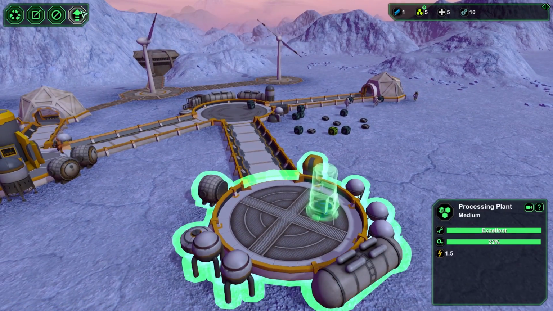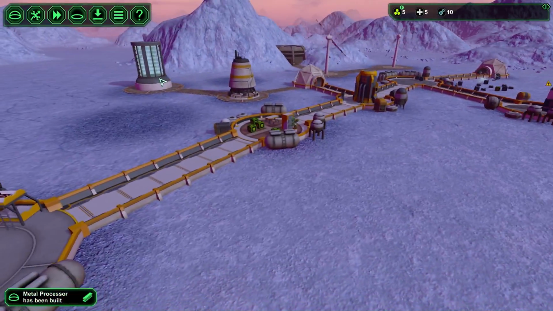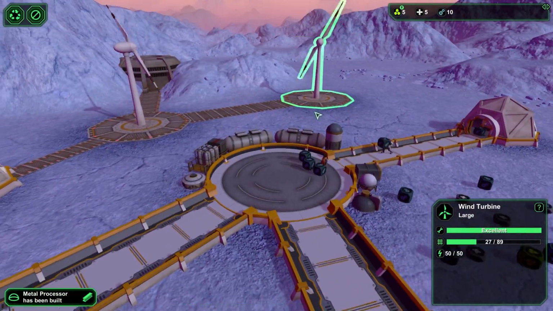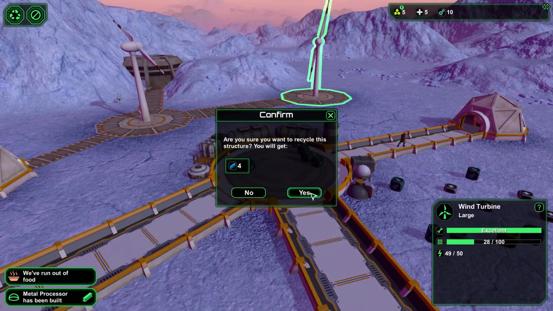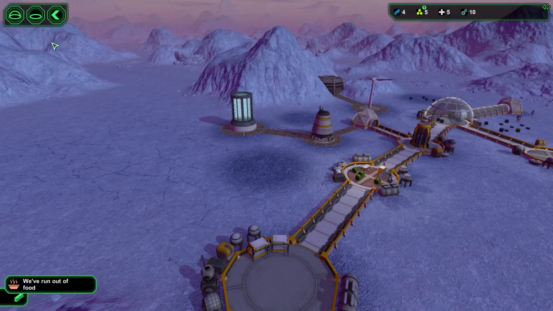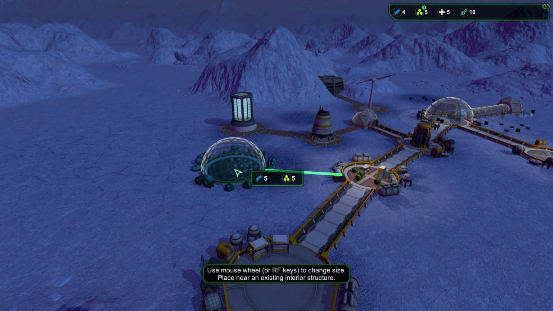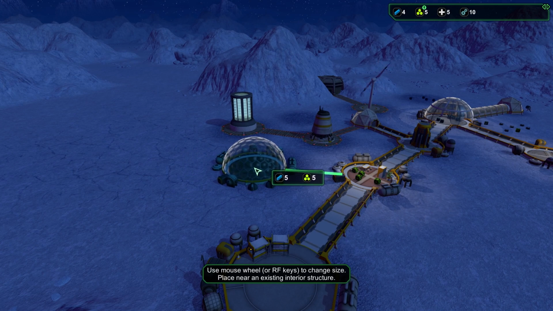I want this room to be a priority. How's our energy? It's fine. Very tempted to drop this. In fact, yeah, we need to. Alright, get rid of that. We desperately need a biodome. Now we've got enough for this as soon as we've got...